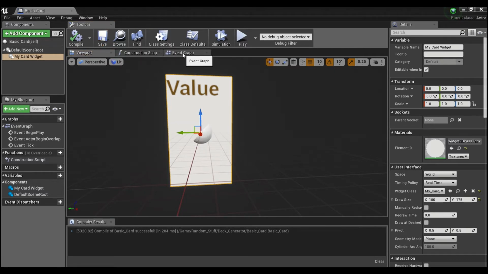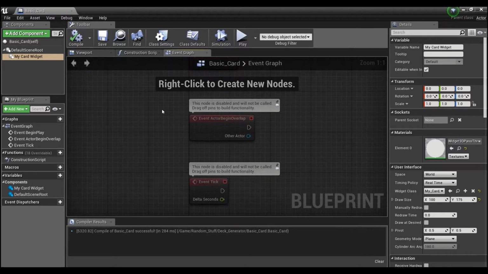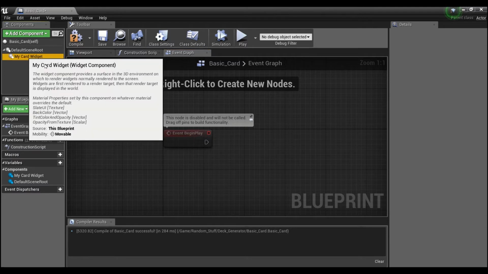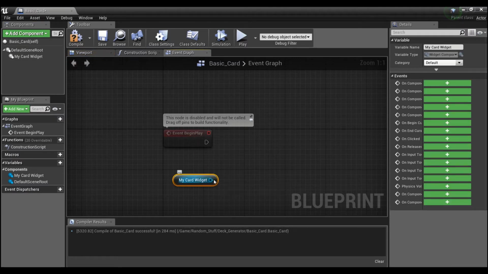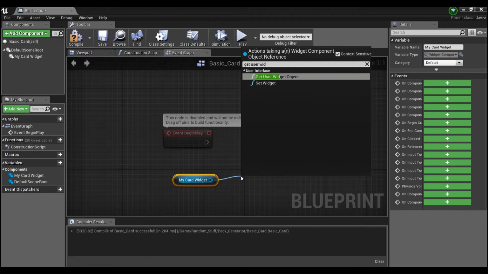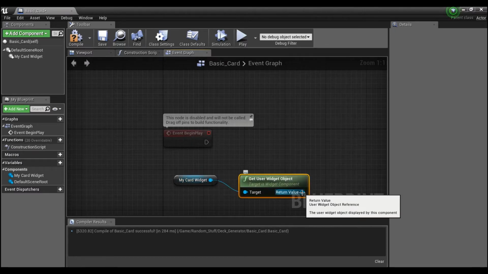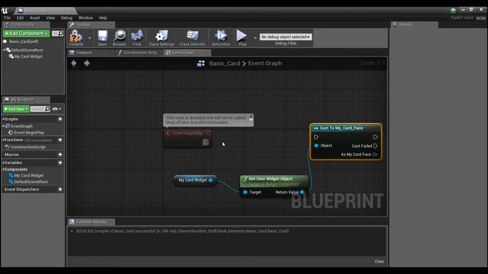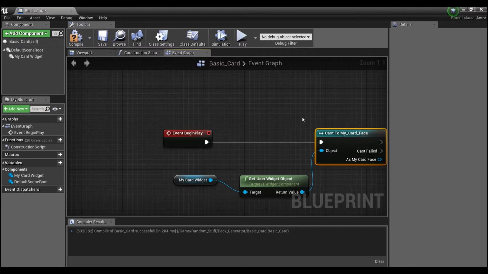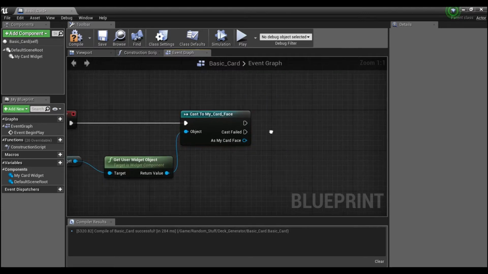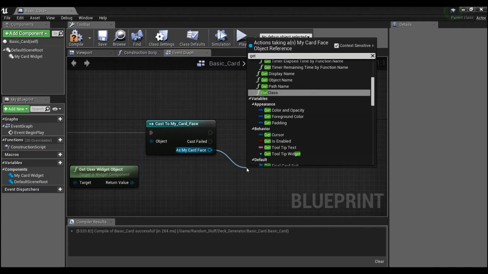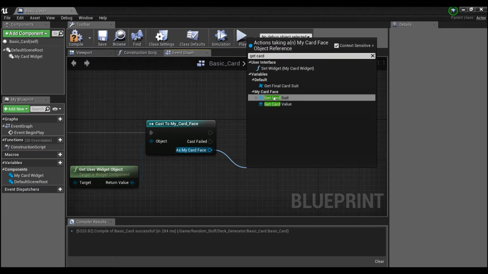So we'll go into our event graph and delete this. We're going to grab our widget container, and we'll say get user widget object. And then we want to cast this to our card widget. So cast to my card face. And now that we have access to my card face, we're going to get card suit,